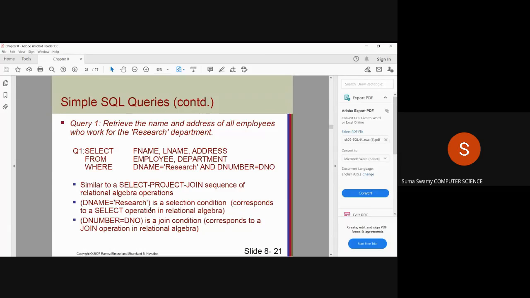Which attribute will I link? Department name. Department name is the linking attribute. Department name is not there in the employee table. Correct? Correspondingly, which attribute is there in the employee table?